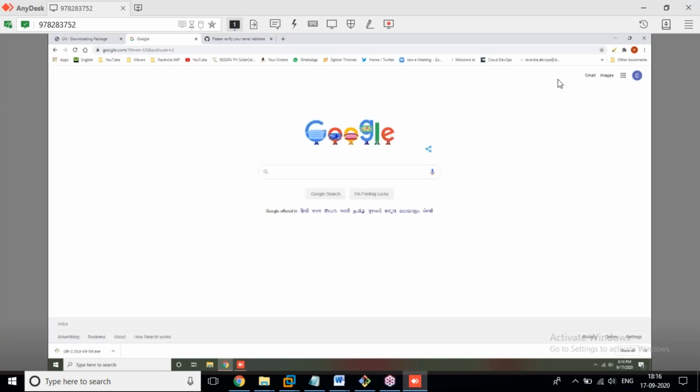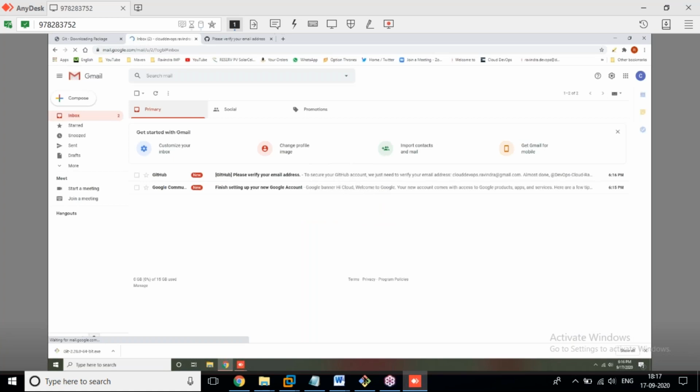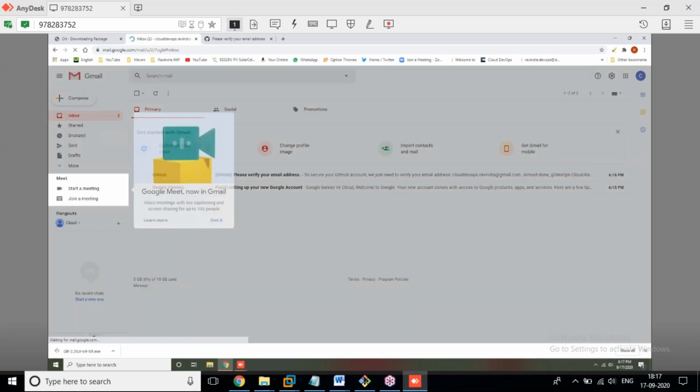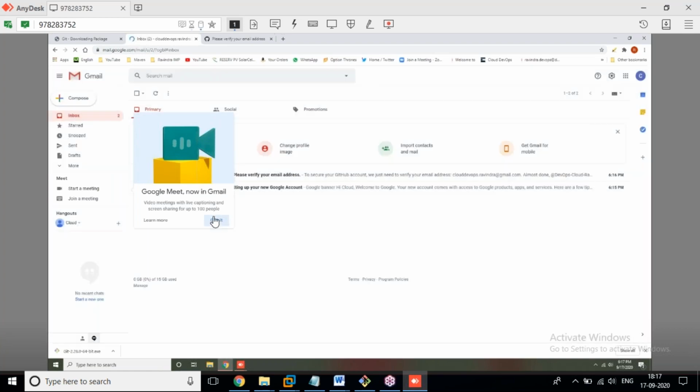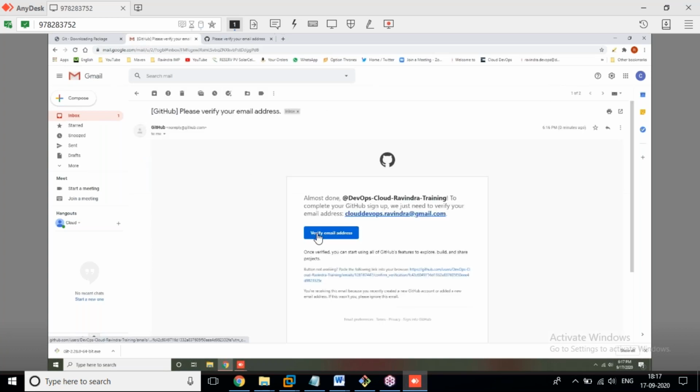Yes, move to Gmail. Okay, now verify your mail ID.